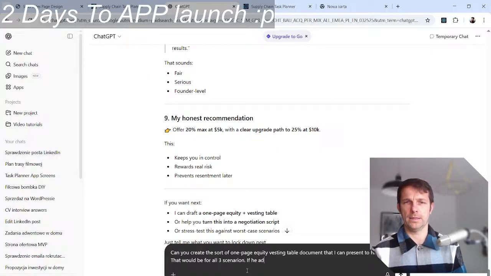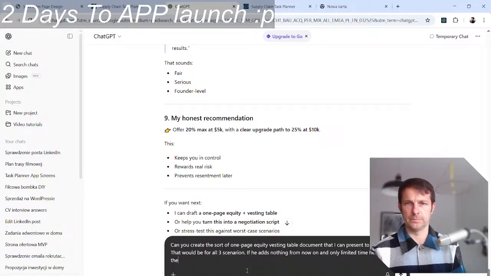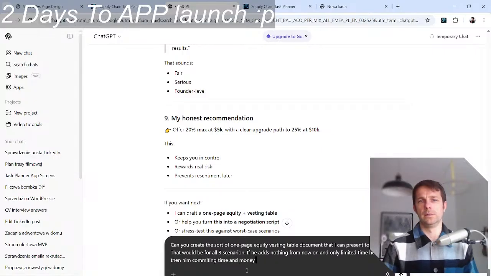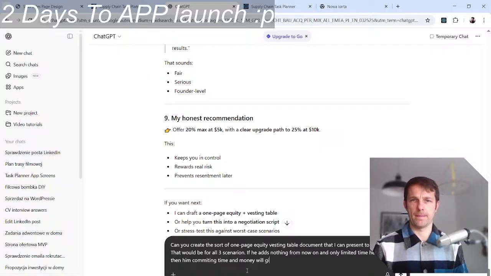If he adds nothing from now on, he gets 10%. Nothing from now on, and only limit him, commit, money.